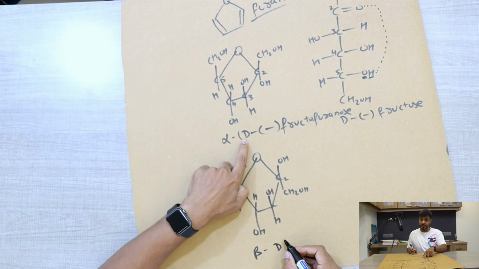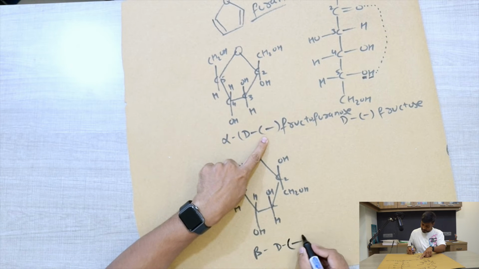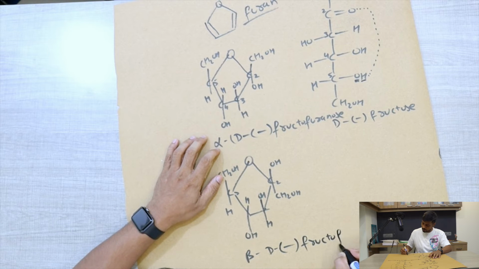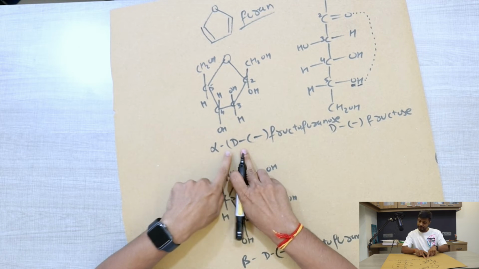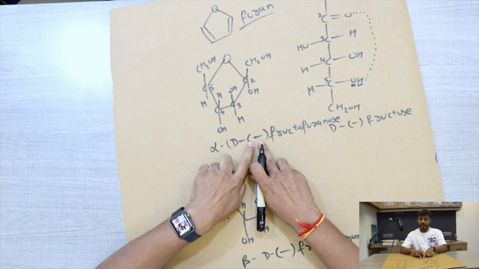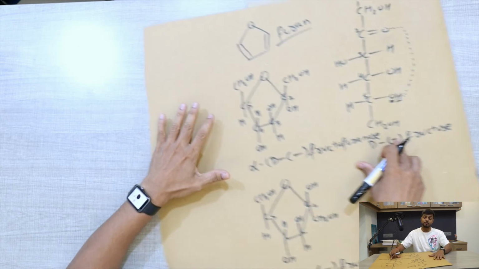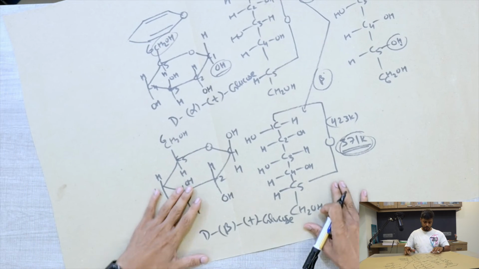D with respect to the open chain structure, the glyceraldehyde molecule, and this is levorotatory, so a minus sign will be there, and fructofuranose will be the name. Similarly, I'll just write the name of the glucose molecule. That also exists in alpha form, capital D, but those are dextrorotatory. So over there a plus sign will come. And the molecule name will be glucopyranose, because over there the structure is similar to the pyran molecule. So the name will be glucopyranose, that we have discussed in the previous session.